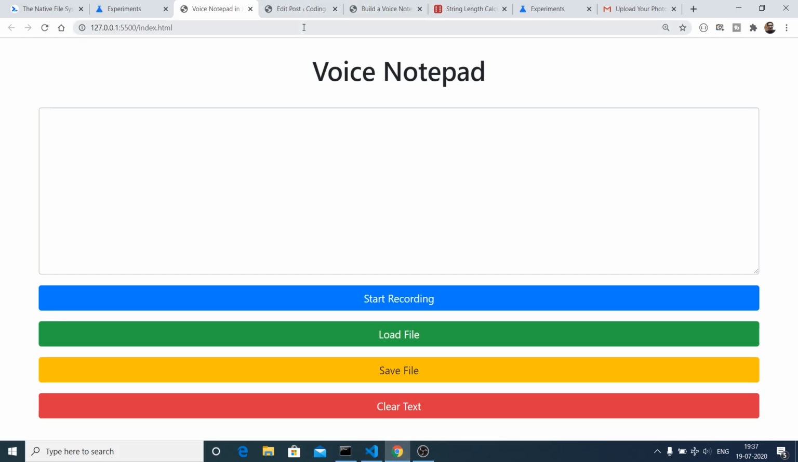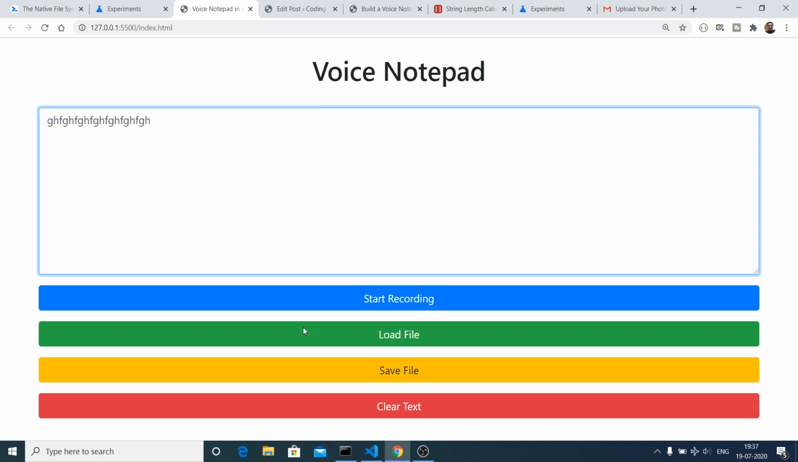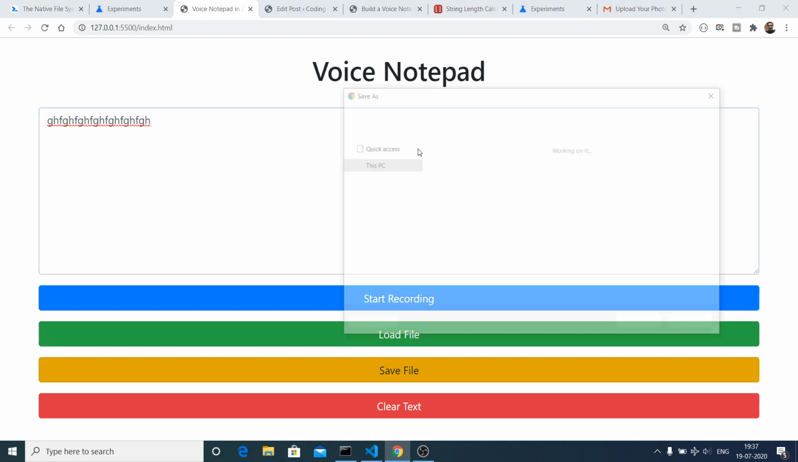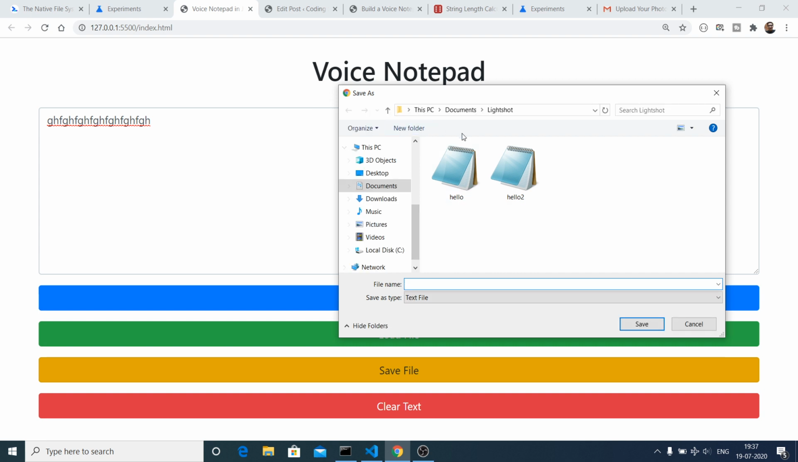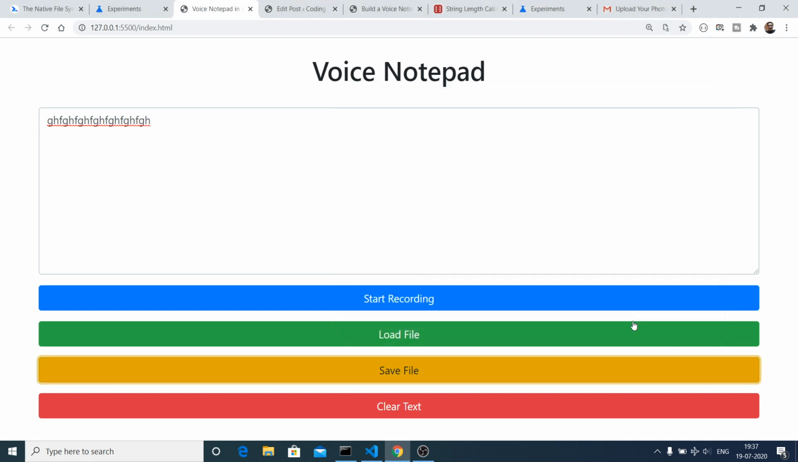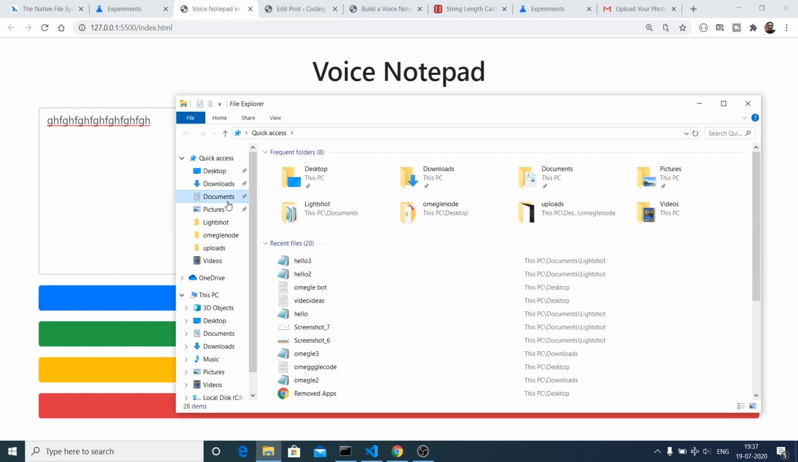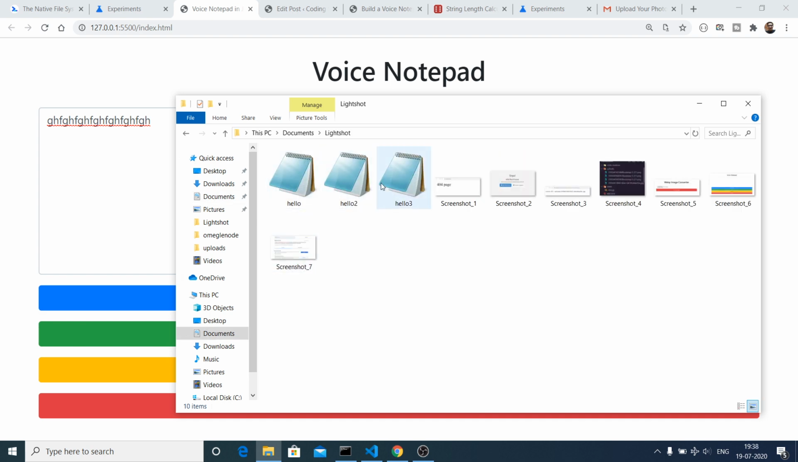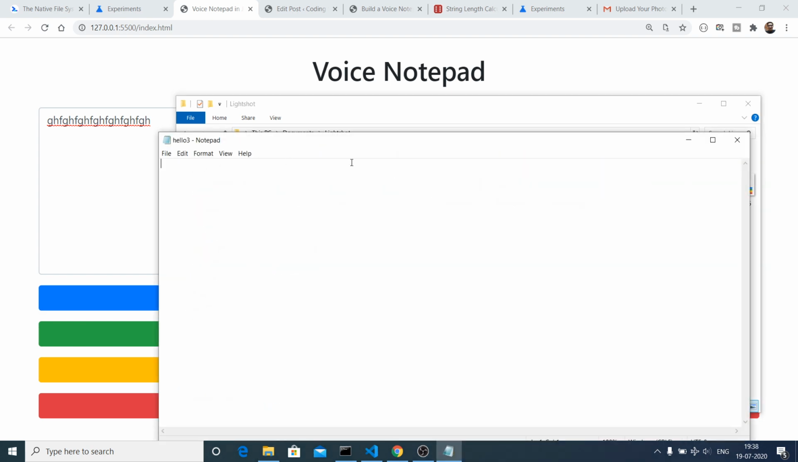If I refresh it now, if I type something here and click on the save file option, you will see this window will automatically appear here, and here it will ask for the location where you want to save the file. Let's suppose I give the file name as hello3. Click on the save option, and now if I look at the path, if I go to the documents, Lightshot, so if I open this file, you will see